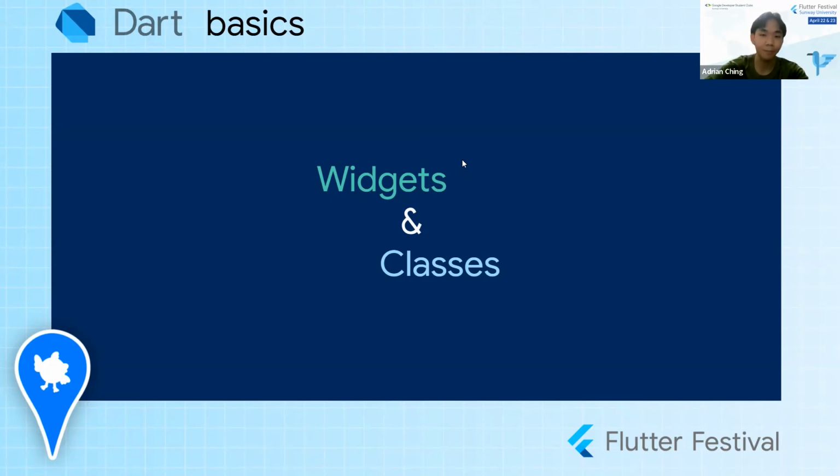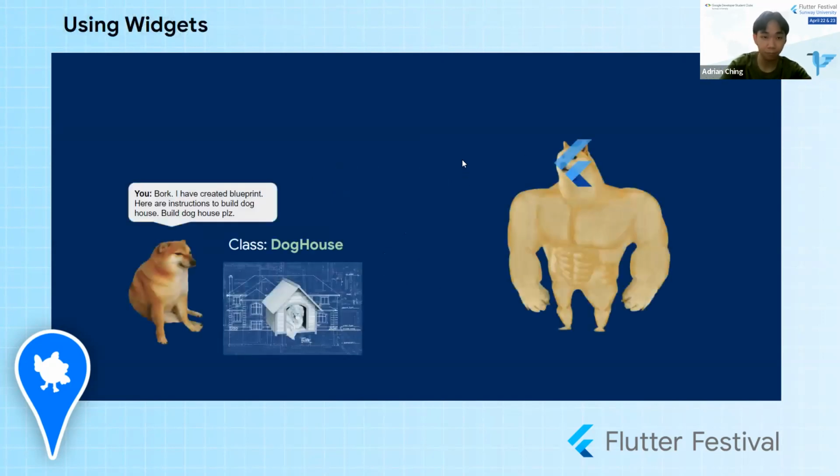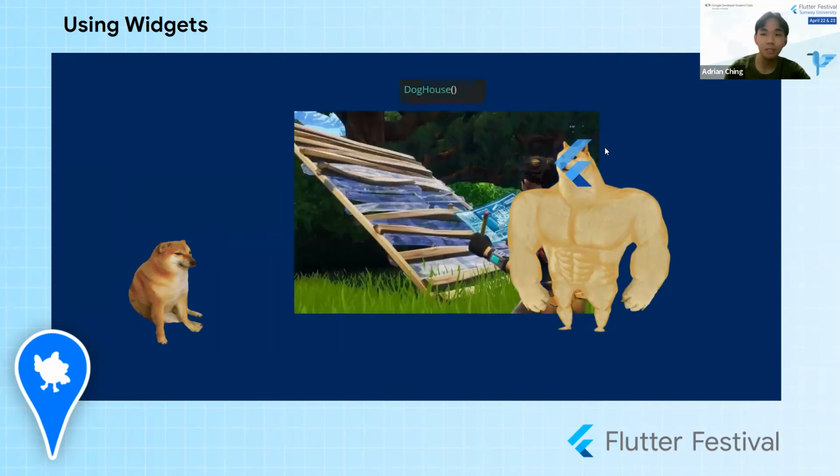Let's take a look at this example right here. Now this is the class called doghouse. By the way, the name of the class is, instead of lower camel case, we follow upper camel case, so the first letter is just capitalized. That's it. Now this is the expected output of the doghouse class. Now you have created a blueprint and you're telling Flutter to actually build it. So this is what happens. To build a widget, you use something like this, just 2 brackets, which I will explain later.